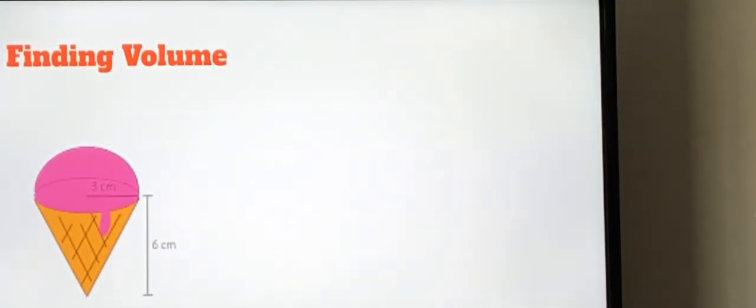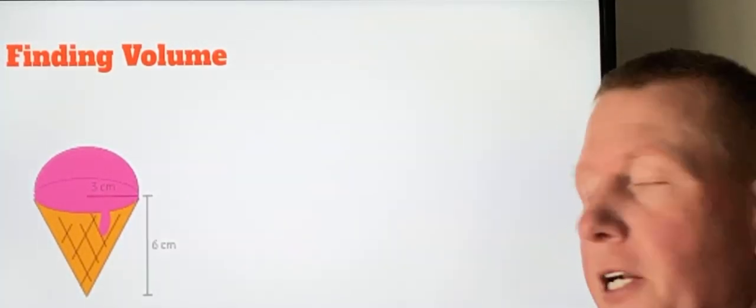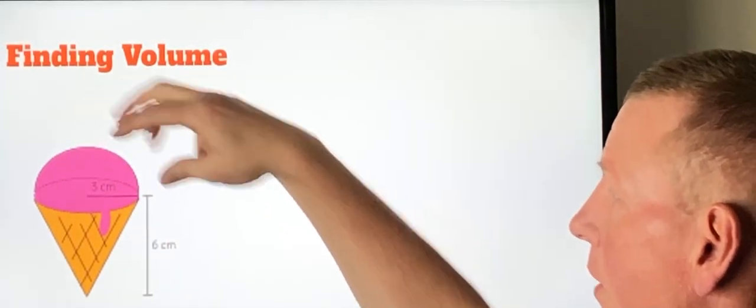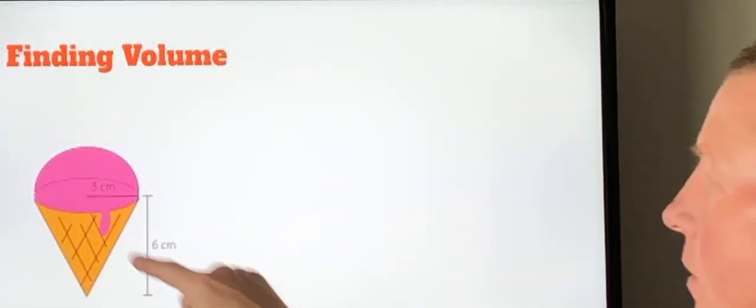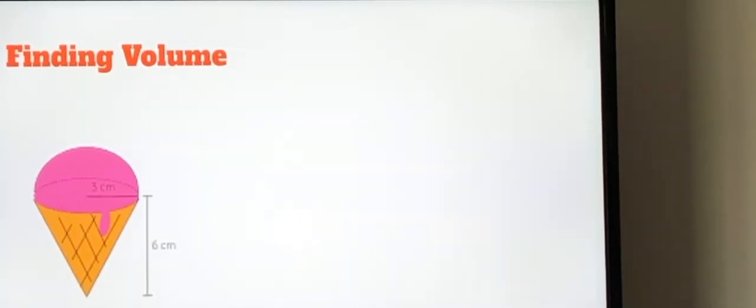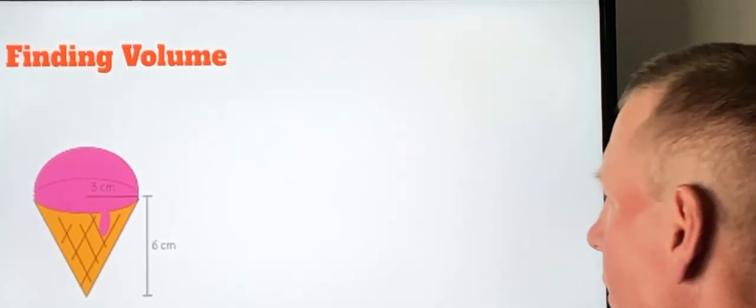First of all, we've got to identify our two shapes. The two shapes in the figure are a sphere, or a hemisphere, half of a sphere at the top, and on the bottom we have a cone. So let's just start with the cone. If I'm finding the